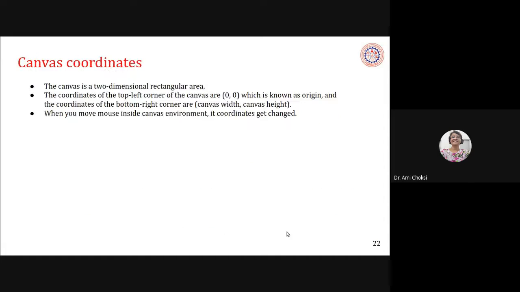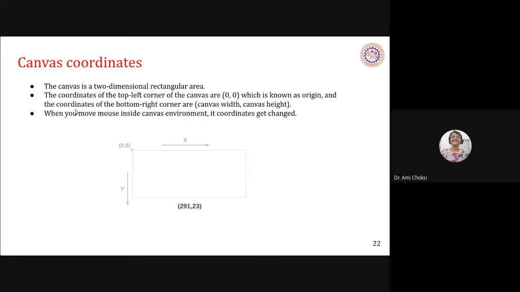So let's see now, canvas coordinates. The canvas is a two-dimensional rectangular area. The coordinates of the top left corner are 0, 0. This is 0, 0, which is known as the origin.